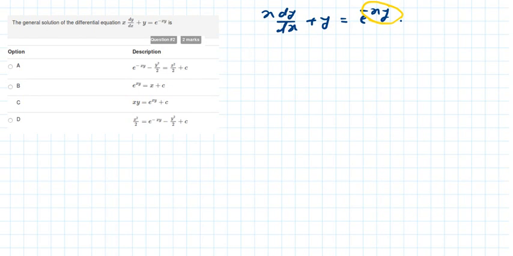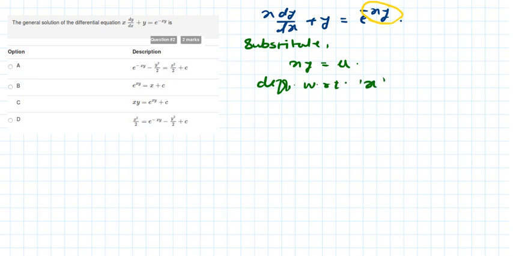So what to substitute? I will substitute this x into y is equal to, suppose, u. Now differentiate this with respect to x. Now y is a function of x. So for this, using the u into v rule, this will be y plus x dy by dx is equal to du by dx. So we got the substitution for this term, and that substitution is du by dx.